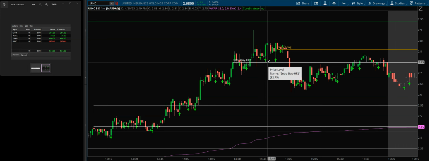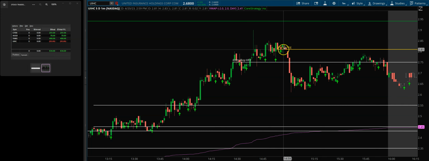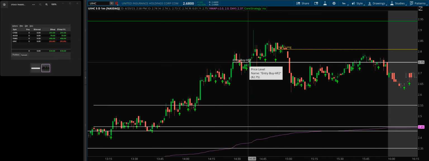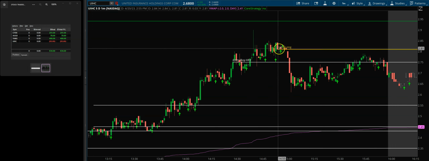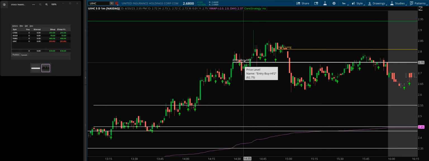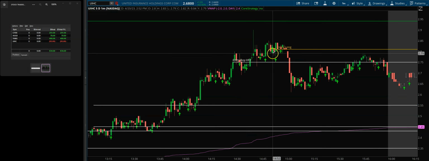Now, one thing I did is when I got into this trade, I didn't go real heavy, because first of all, I missed the entry point. So I don't want to go in heavy if I miss the entry point, because this was probably chasing the market. When I saw that I had missed the entry, it was like that